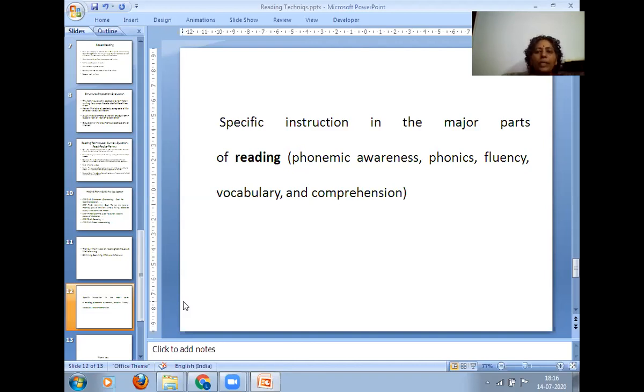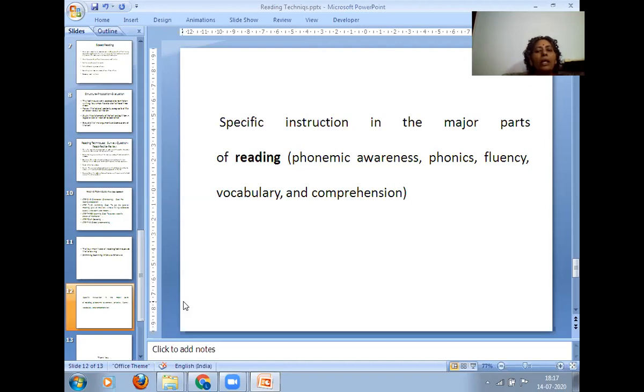Then you can see the following. Phonemic awareness you may get, and a phonic sound system also while you are going to recite, while you are going to read it out, you may get the sound of that one. Fluency in reading: if it is loud reading, then you can check the fluency. Then vocabulary. In each and every sentence, you may find something new, or you can create your own word. So it develops your vocabulary.